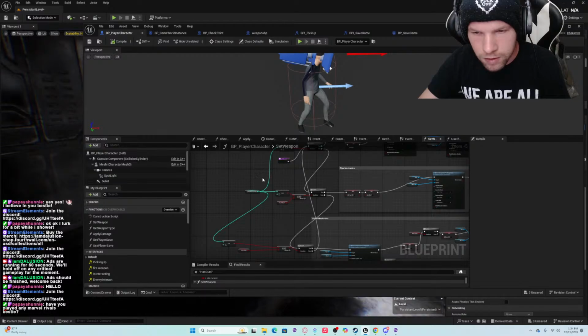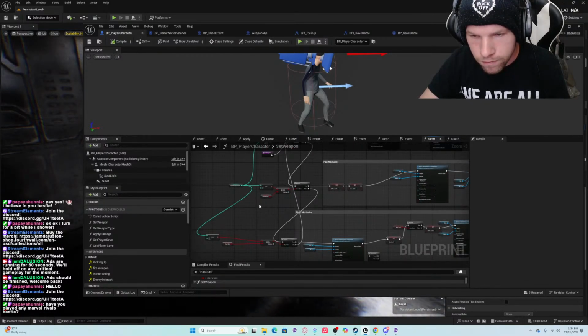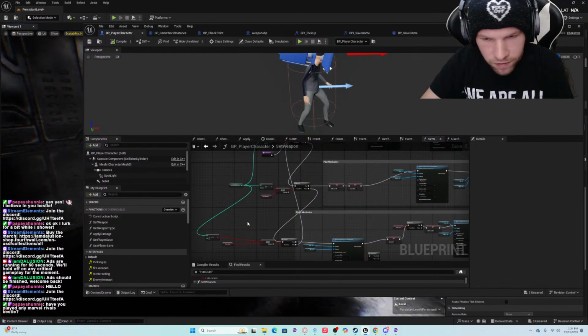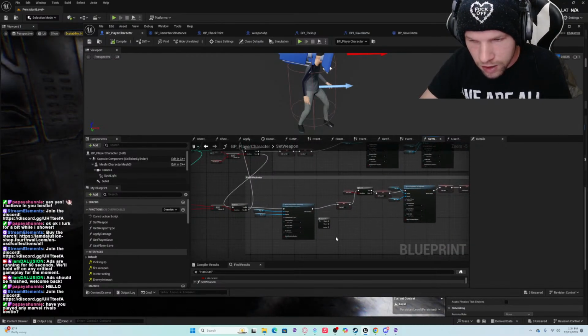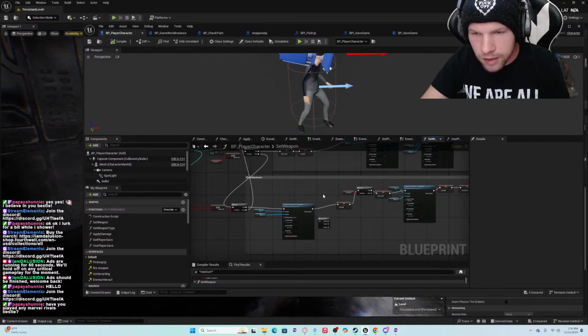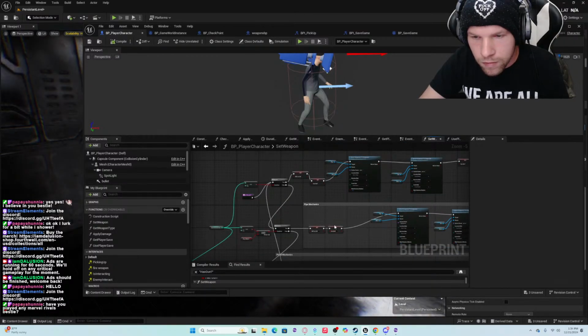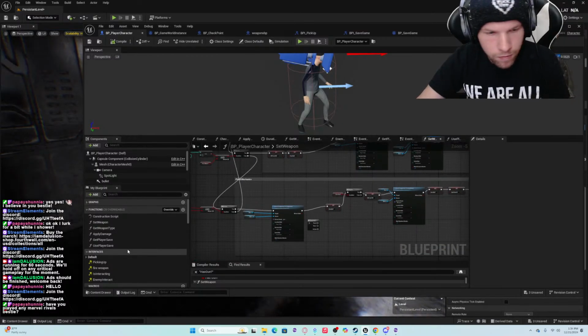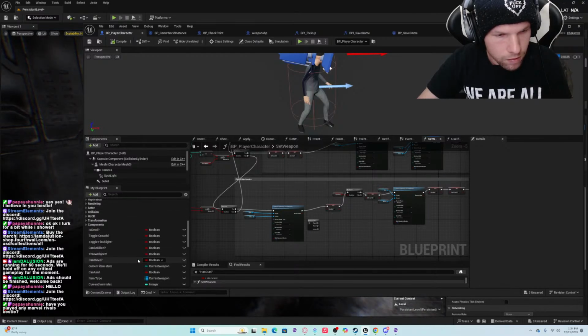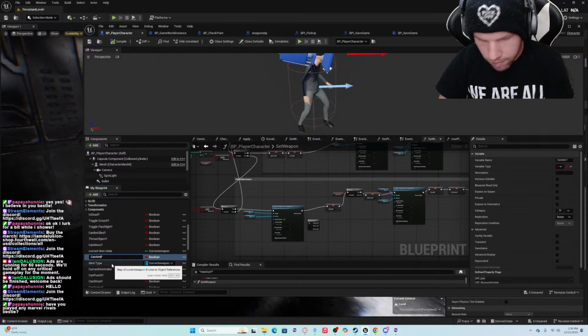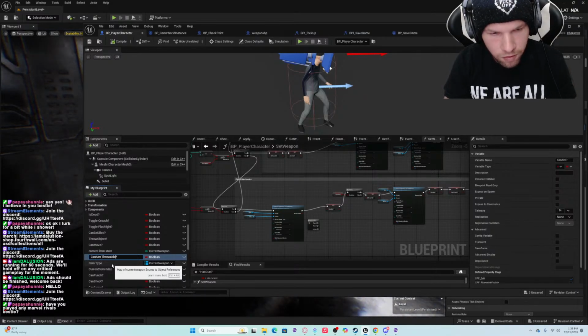Okay, so I feel like that should work. So this can aim, that should, I'm gonna rename that because that's gonna be confusing. Can aim throwable.